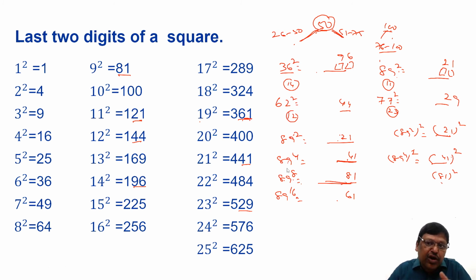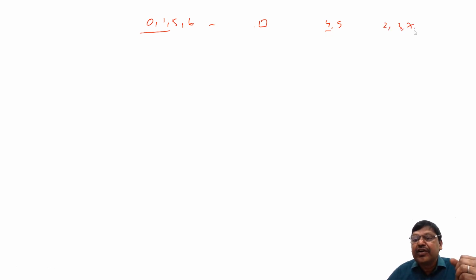Now, why this is required for calculating the last two places, we will discuss. When it comes to the last two digit concept, there are different cycles. As I said, if you watch that video on unit digits, you will find that a few digits like 0, 1, 5, 6 always end with the same unit digit. Then there are a few digits like 4 and 9, which have two different unit digits. Then we have 2, 3, 7, 8, where each digit has four different unit digits, like we discussed in that unit digit video. Please do watch that.